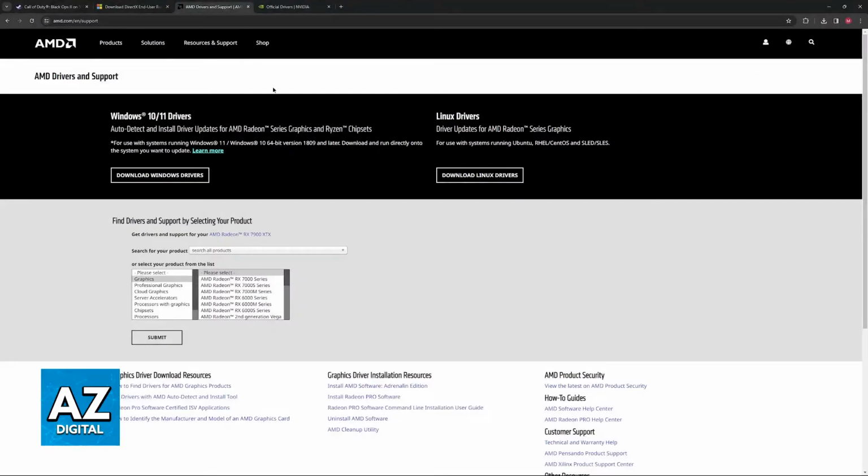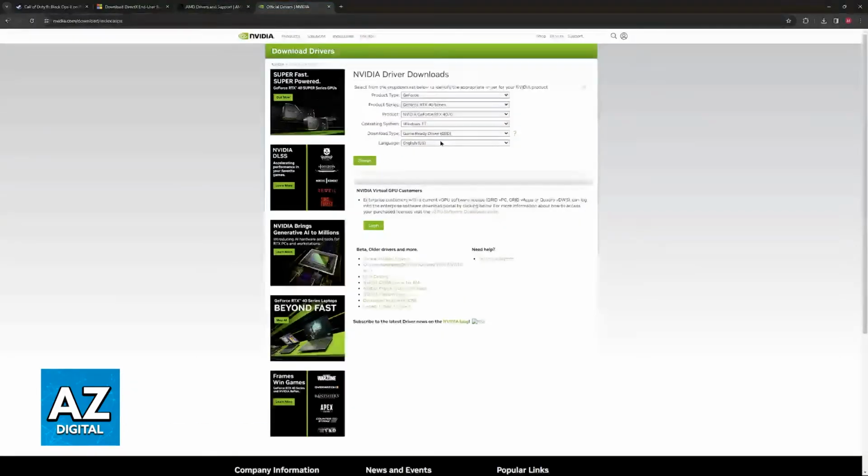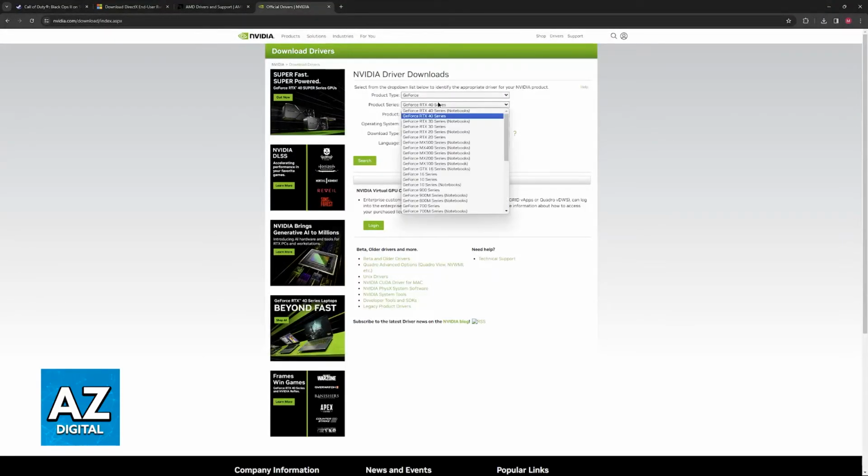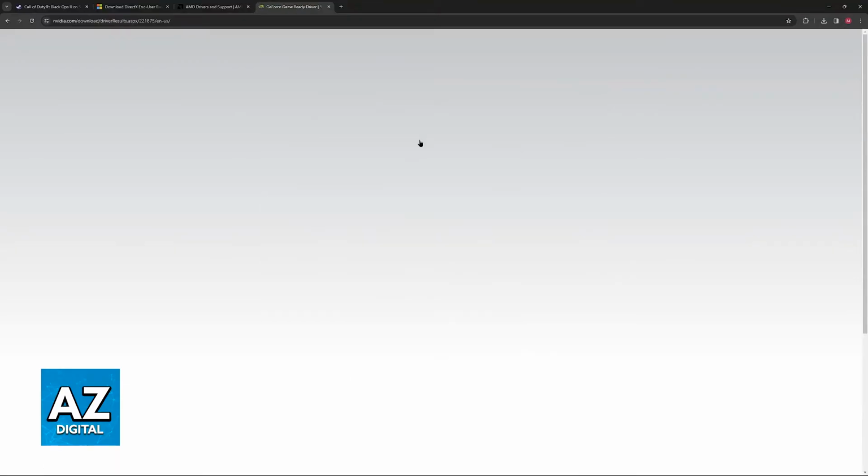So to acquire these drivers, I have to go to the AMD website, look for Radeon 7000 series, 7900, and then 7900 XTX. If you had something from NVIDIA, just go over to the NVIDIA website instead, click drivers, and then choose this series of cards that you have. They are probably going to be RTX from the GeForce lineup or type if they are very recent. So you can select, for example, RTX 40 series, 4070, and then download the drivers.